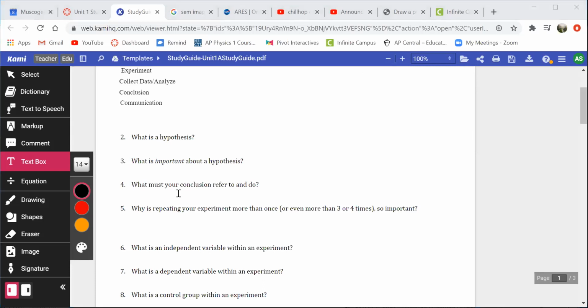All right, what must your conclusion refer to and do? It has to restate the hypothesis and state whether your data supported or rejected your hypothesis. Exactly. So it's got to tie back into your data and your hypothesis. So it's your opportunity to say whether you're right or wrong, and then why, by referencing the data that you